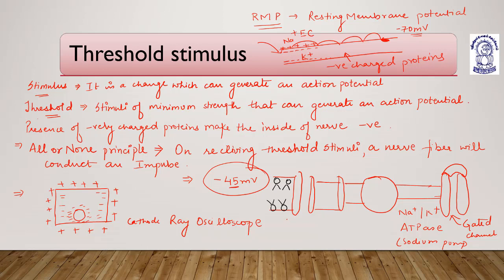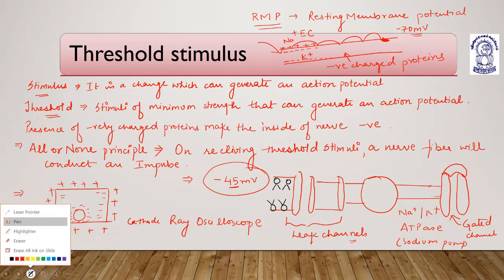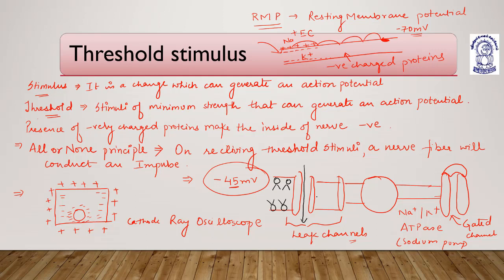And these are leak channels. Leak channels don't have any cap at any time. These leak channels are guarded by proteins. Proteins can change their conformation, their three-dimensional structure in space, and because of which